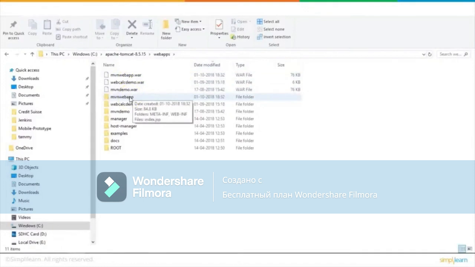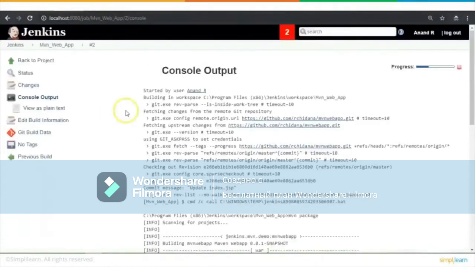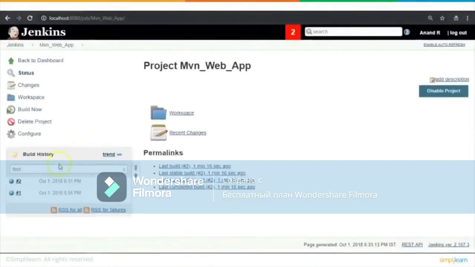So the application was built, the source code of this application was pulled from the GitHub server. It was built locally on the Jenkins instance, and then it was pushed into a Tomcat server which is running on a different port, which is 8081. Now for this demo, I'm running everything locally on my system, but assuming that this particular Tomcat instance was running on some other server with some different IP address, all that you have to change is the